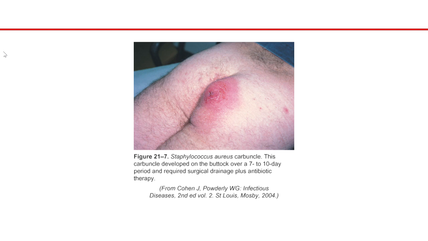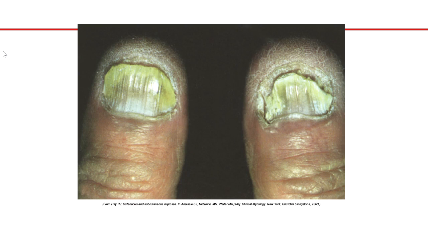So what do you do? You have to wait till this thing gets nice and juicy finally, and then you take a scalpel, it's called I&D, you incise and drain it, okay? All right, we'll get to all that. All right, this is what most of your toenails look like, I'm sure, right? Okay, not yet. Wait 50 years, all right? At that point, your immune system is finished, you've got fungus all over you, right? This is onychomycosis, a classic fungal nail infection.